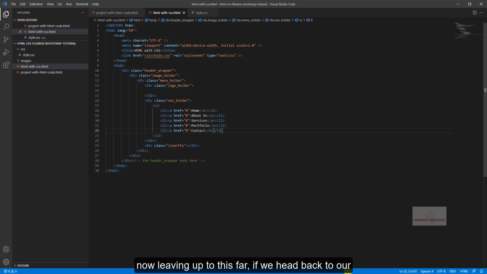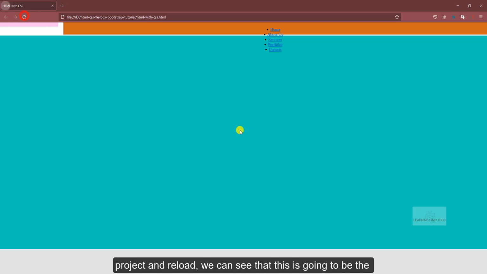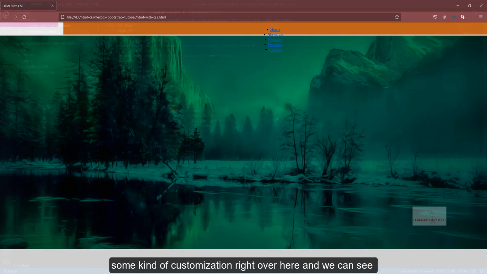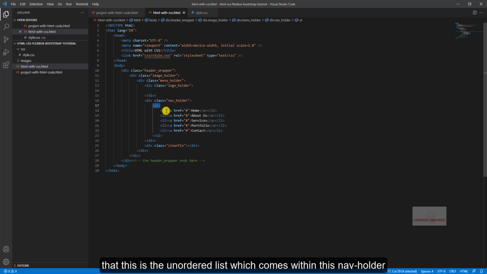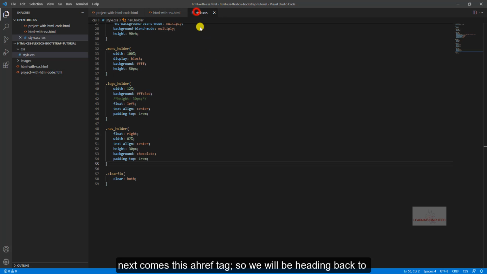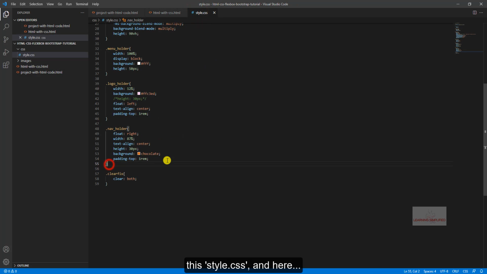Press Ctrl S. Now, up to this far, if we head back to our project and reload, we can see that this is practically going to be the obvious result. Definitely we need to make some kind of customization right over here, and we can see that this is the unordered list which comes within this nav holder class. Next comes all those list items, and next comes this href tag. So we will be heading back to this style.css, and here